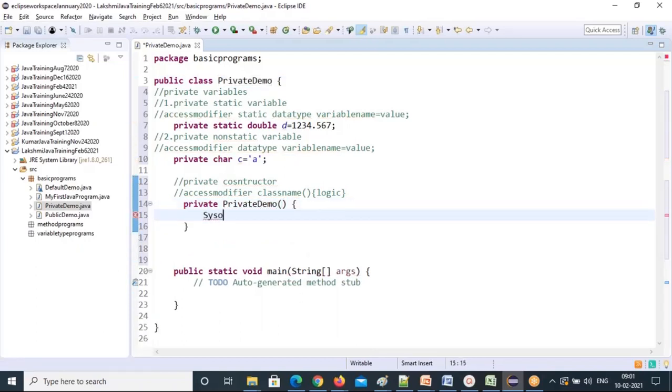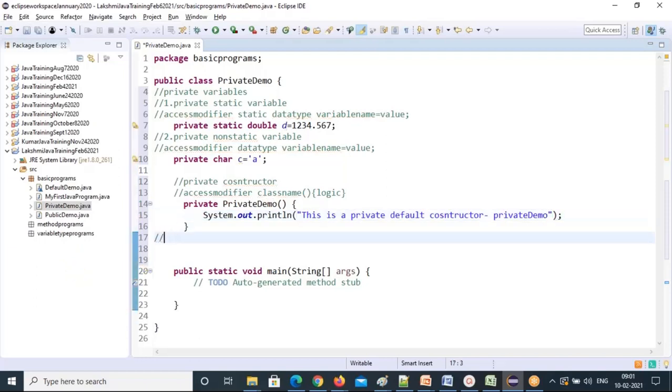You can write some logical statement here, a print related statement. So this is a private default constructor, PrivateDemo. So this is a private PrivateDemo constructor. Okay, default constructor. So constructors are done.